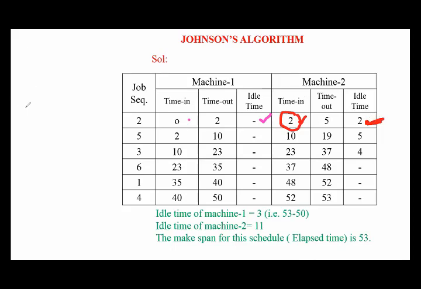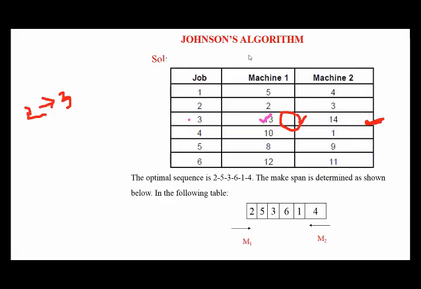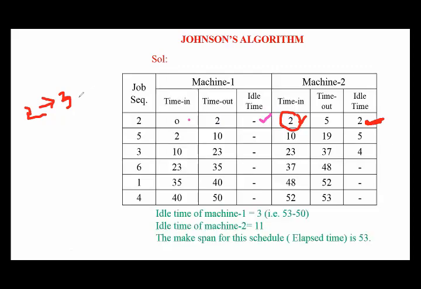Here job 2 requires 3 hours processing time at machine 2. That was given in our problem. This is the 3 hours it requires for processing on machine 2. So I took 3 hours here, and we started the job at the second hour. So the total time required to complete that process is 5 hours. The same I mentioned here.